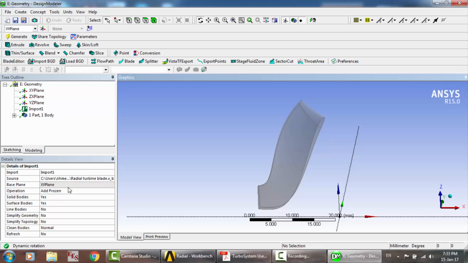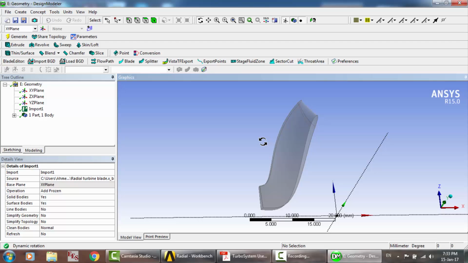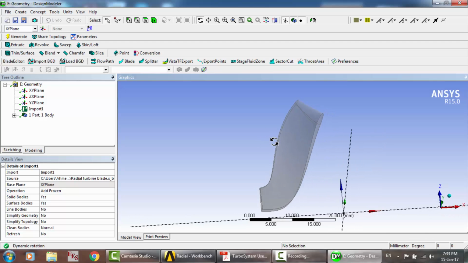We'll make it frozen because we're going to use CFX for the volute, and the assembly and the volute will be add material, to use a procedure, the frozen rotor or the setup in CFX. So here,